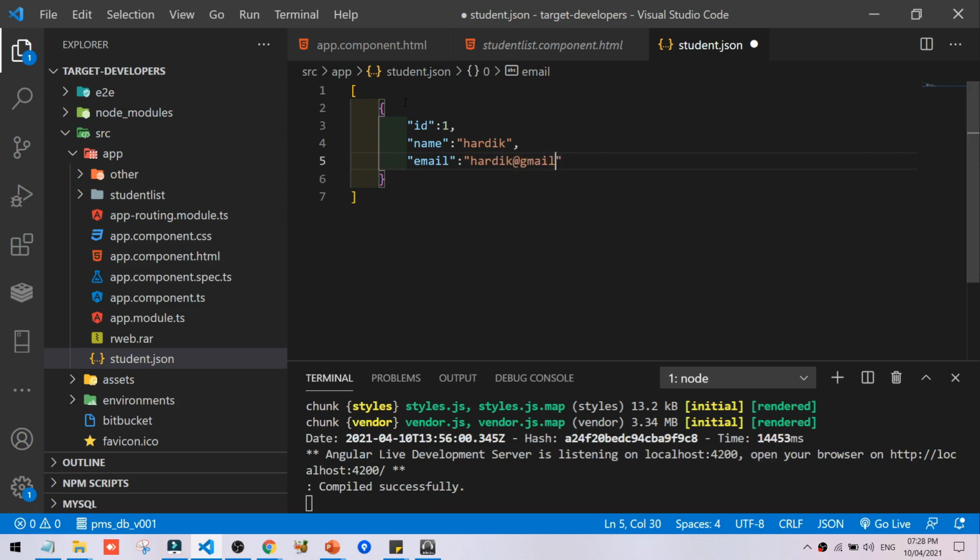Everything we are taking for dummy, comma, gender, email. So this is one JSON object. We can create many JSON objects. We are copying this, comma.